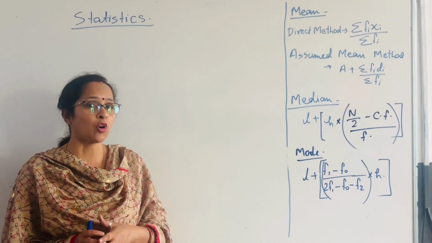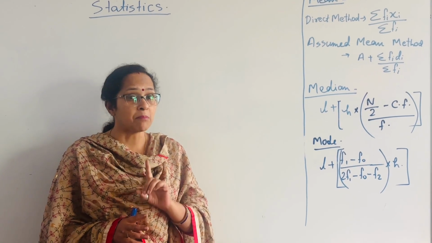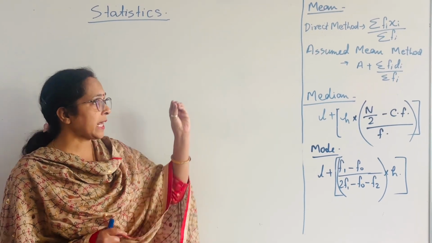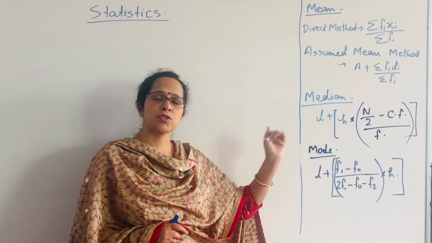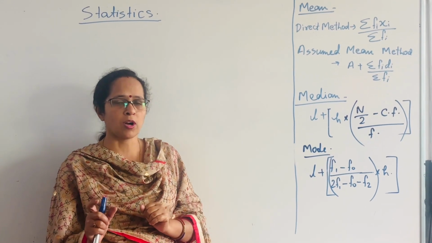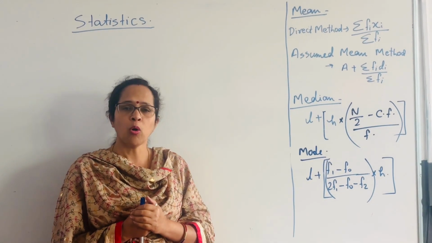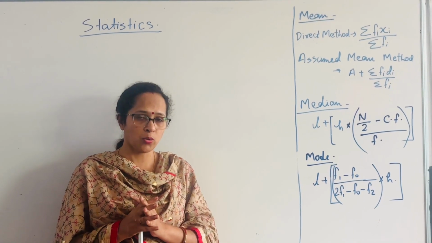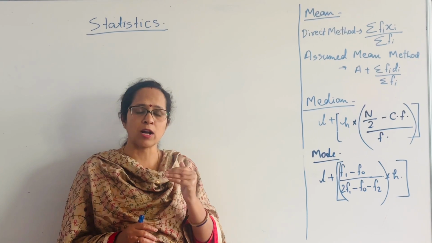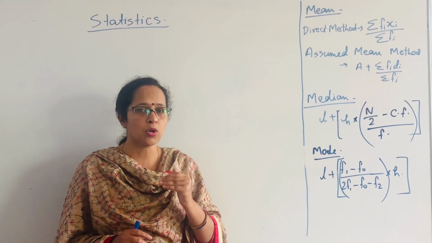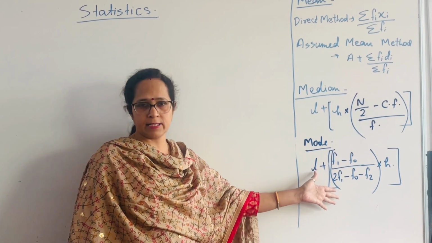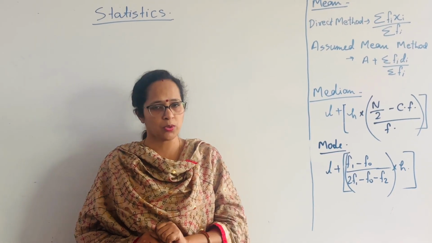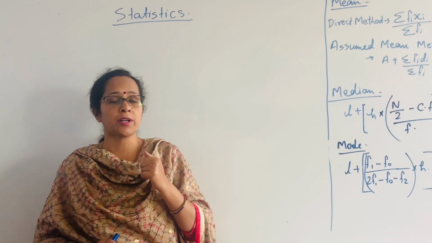That can be one kind of question. We have the empirical formula also, but my suggestion is, don't use the empirical formula while finding any of the three. Most of the time, students find the mode and median and then calculate the mean, or find the mean and mode and then calculate the median. Don't do it. Find all three, mean, median and mode, using separate formulas. You can use the empirical formula while solving MCQs.